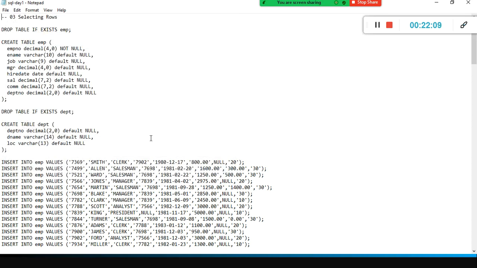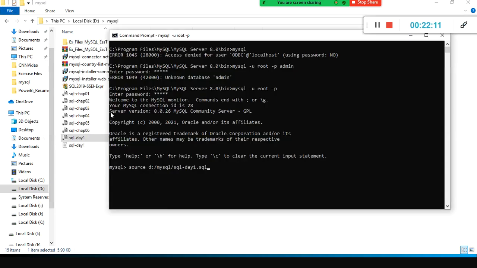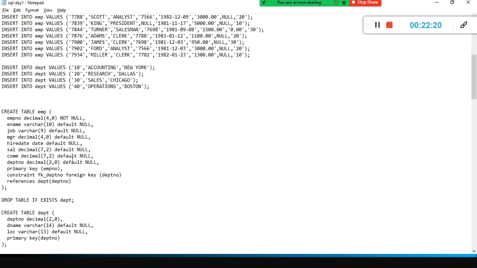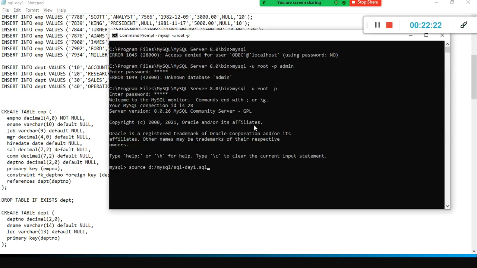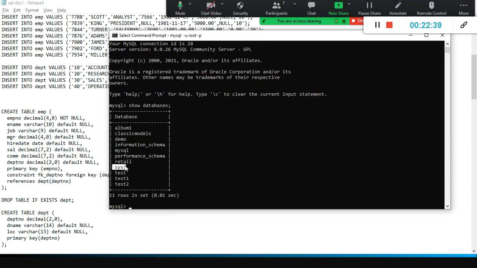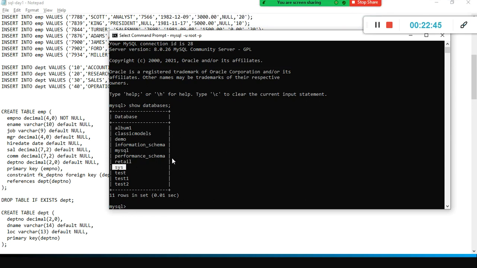So this one, SQL day1. This script has all the tables. Whatever tables I want to create, I put create table, insert into. All the commands I put there. Before I press enter here, I will type show databases. All of you please type it side by side. Show databases, semicolon, enter. So you must be seeing something like sys. When you install MySQL database, this is the default schema that will get created. Schema is nothing but database.